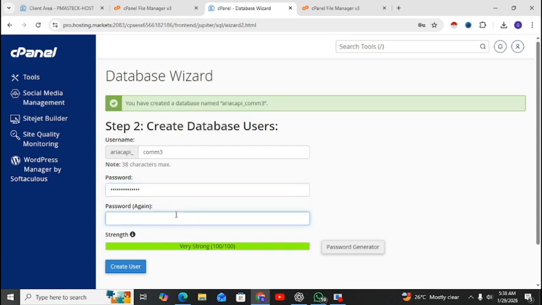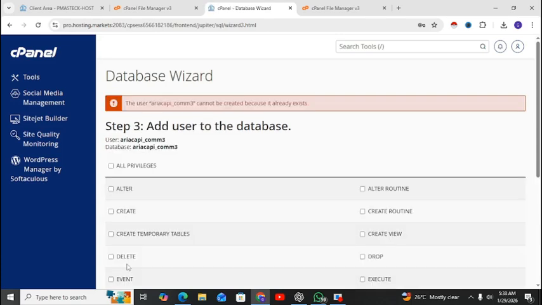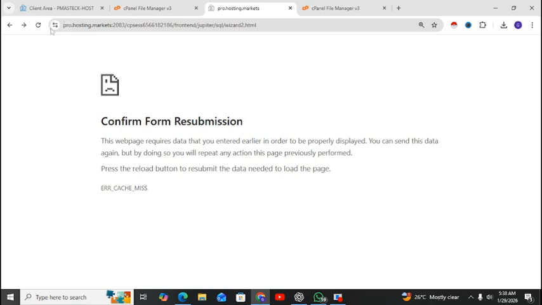So I'll come here now and click on paste. So I'll click on create. You click on create user. Okay, it says the user ariakapi cannot be created because it already exists. Okay, sorry for that. So now let's go and create another